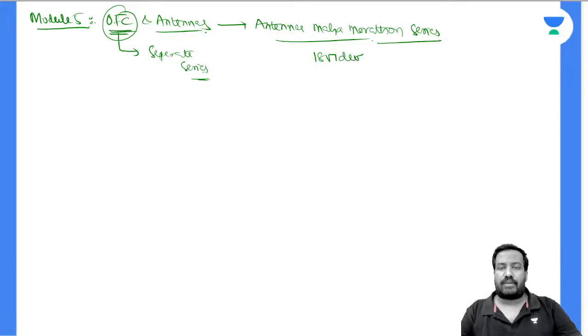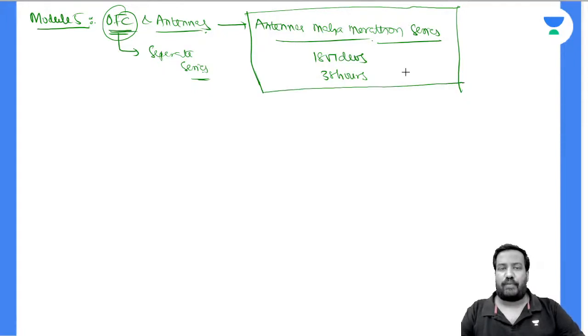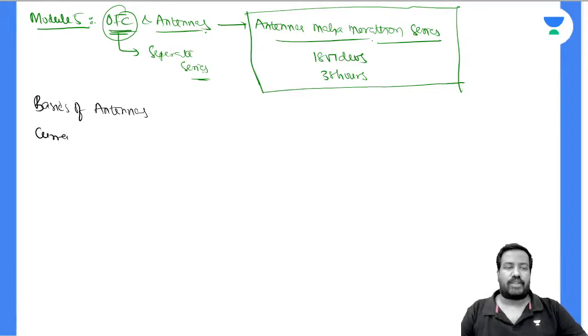We had 18 videos and 38 hours of content. Generally 8 to 9 hours of content will be available for antennas. Against that, we have recorded 38 hours of content where we had explained about basics of antennas, current distribution in antennas, radiation mechanism of antennas,